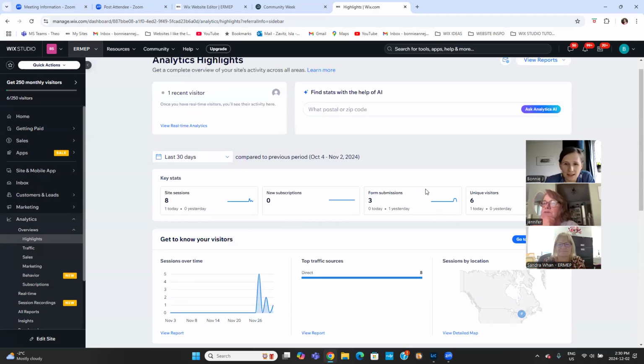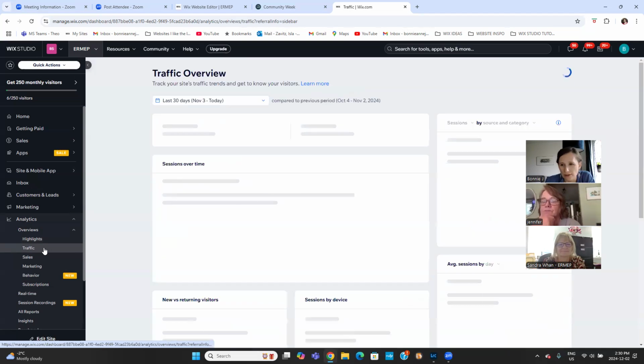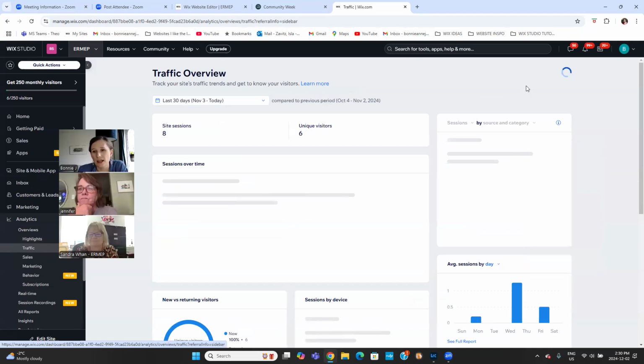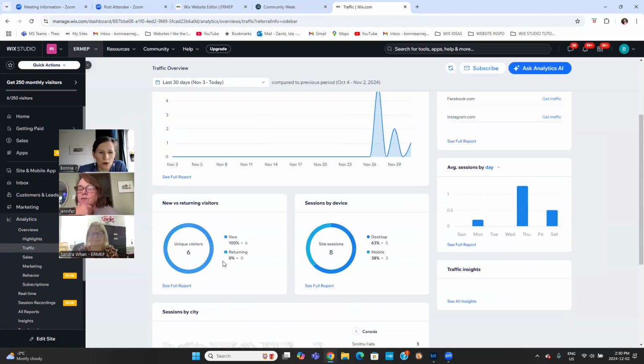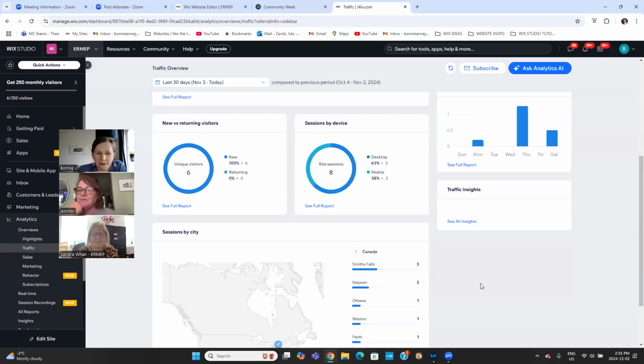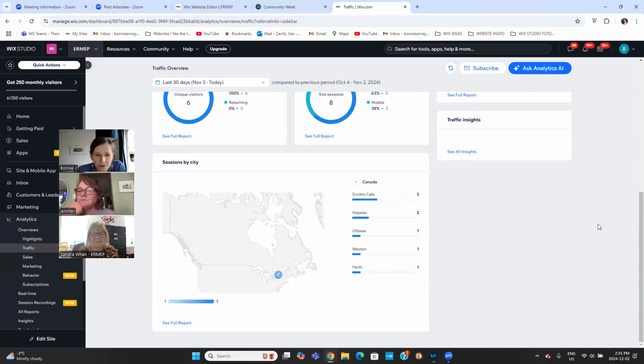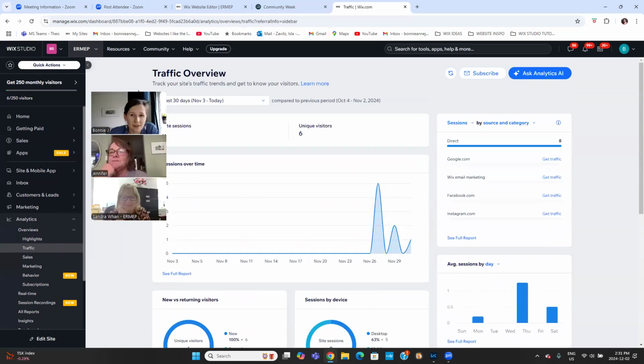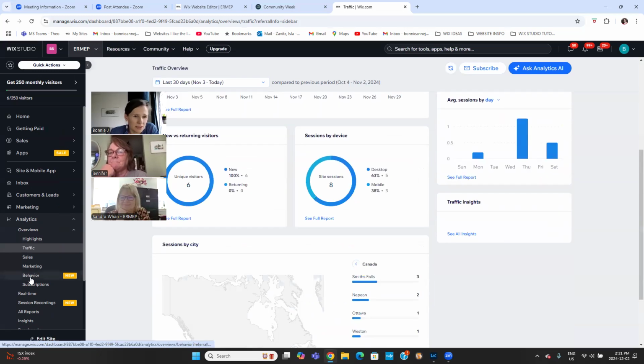but you'd be able to see things like where traffic is coming from, like if it's a direct link, if people are putting in your web address or if they're finding you on Google. Right now, you've got 63 on desktop and 38 on mobile. That's probably because we're the ones accessing the site right now, mostly. But people are filling out the form, so people are using the site. This shows where they're coming from, so it's kind of interesting data. And you can look at different time periods,